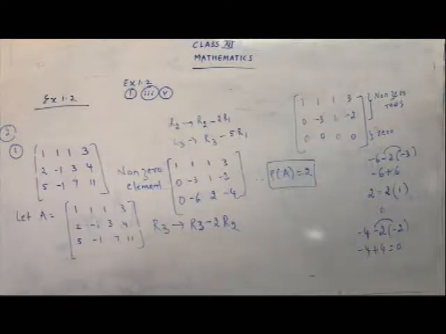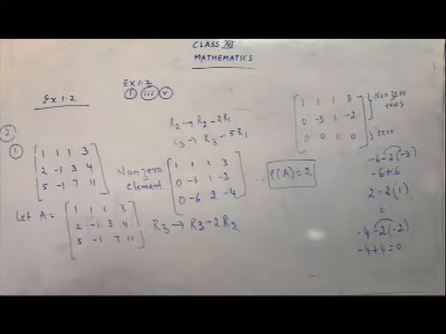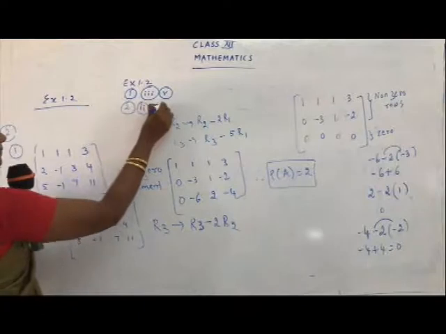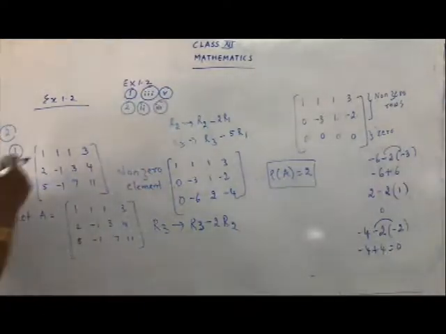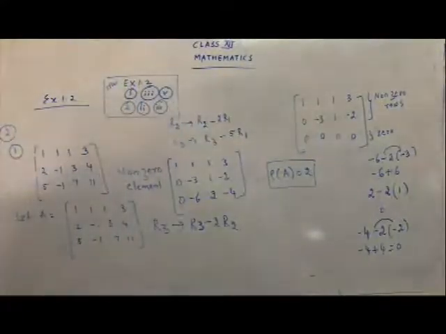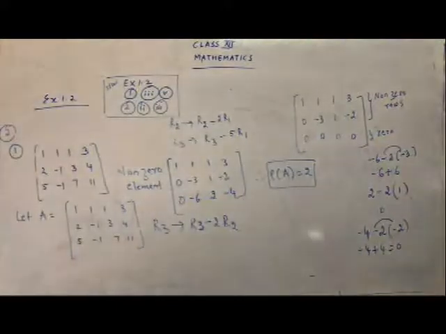Okay, so we have completed question number 2, first subpart. Your homework will be question number 2, the second subpart and the third subpart. So totally you have 4 sums for homework. You are going to try out both the methods, one is minor and one is row reduction, and find out the rank. I hope you have understood both the methods of finding the rank. So apply the different methods and complete your homework, and in the next class we will see how to find the inverse using the Gauss-Jordan method. So we stop over here.